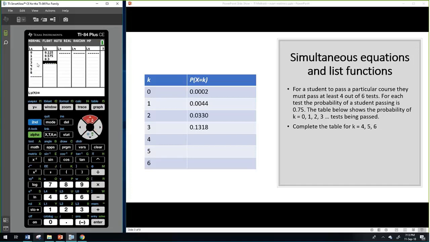Then in our list 2, I'm going to clear what's in there already and go up, and in here we go to our binom PDF. In there, we've still got 6 trials altogether. Our probability remains the same, 0.75, but instead I now want to calculate the probability for every single value that we're given. So in here, I'm going to put in list 1, paste that in there, and we can see that our table comes up with all of the values,